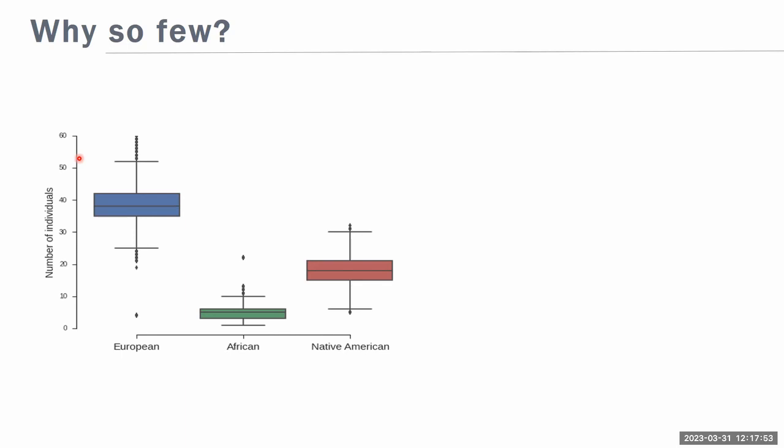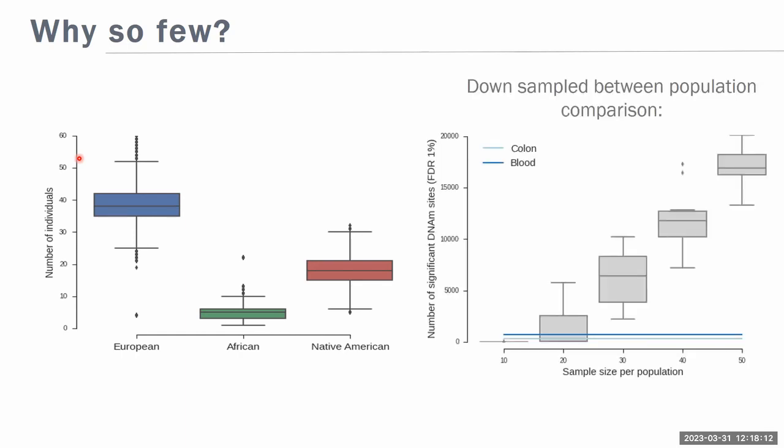So the alternative explanation for why we might see so many fewer population DNA methylation sites with this approach is that we've just got much smaller sample sizes. To check that, we took the data from the population comparisons and subsampled it and looked at how many we would expect to find with comparable sample sizes to what we have in each individual comparison.